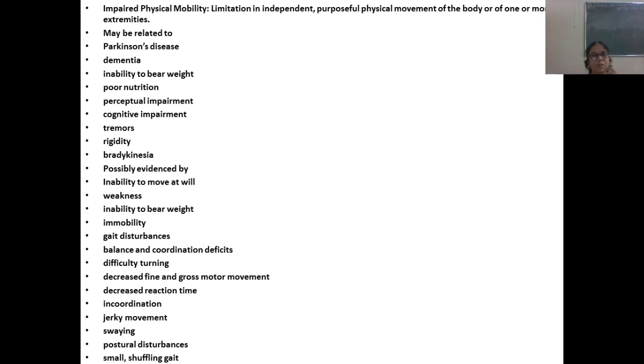Then impaired physical mobility, or that means limitation in the independent purposeful physical movement of the body of one or more extremities, may be related to Parkinson's disease or dementia, inability to bear weight, poor nutrition, perceptual impairment, cognitive impairment, tremors, rigidity, bradykinesia, possibly evidenced by inability to move at will, weakness, inability to bear weight, immobility, gait disturbances, balance and coordination deficits, difficulty in turning, decreased fine and gross motor movement, decreased reaction time, incoordination, jerky movements, swaying, postural